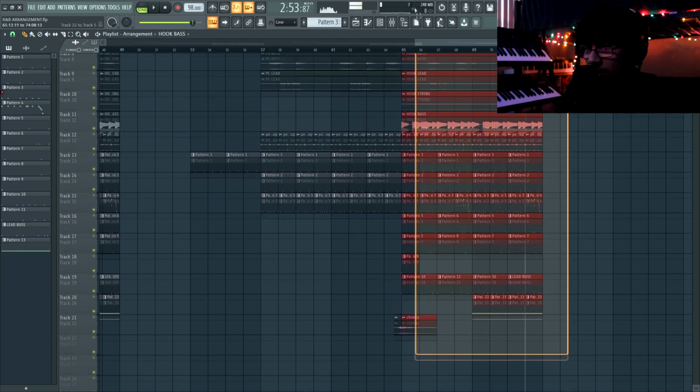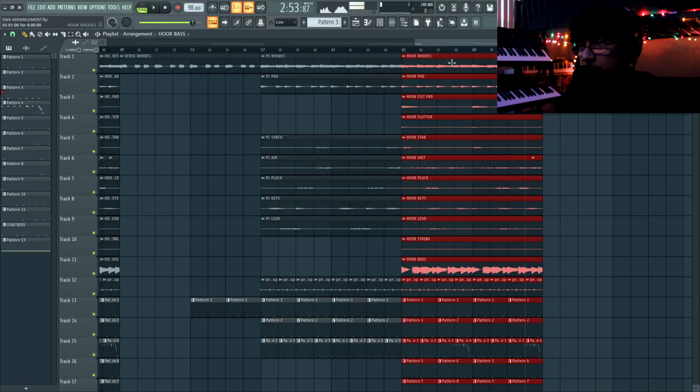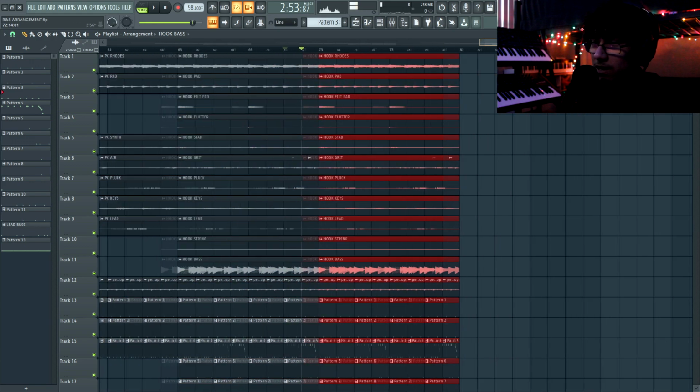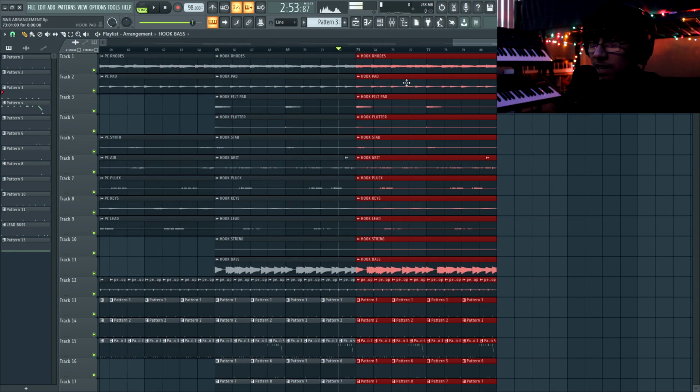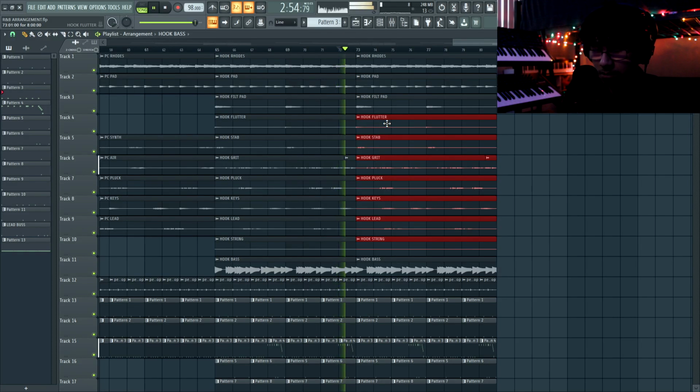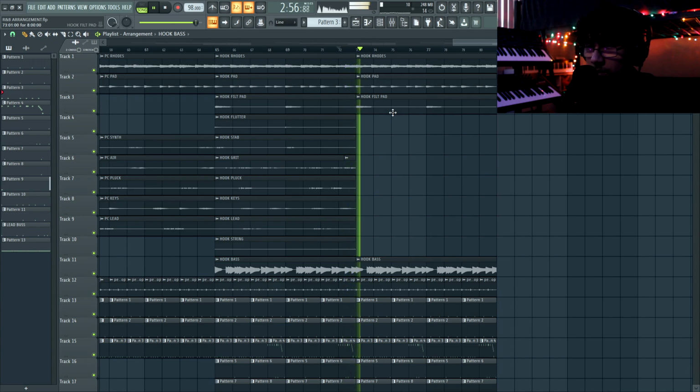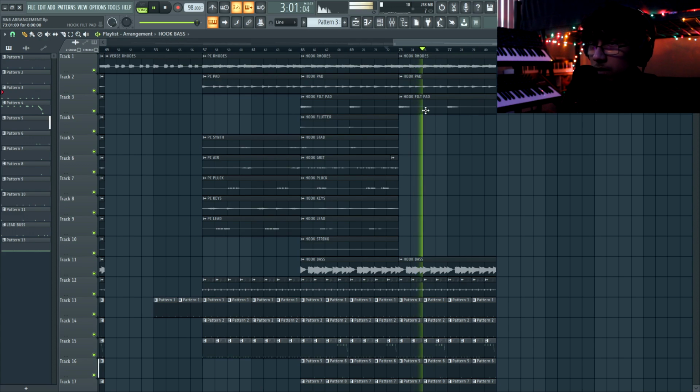So let's see. I'll take the hook, hit control and drag across, hit shift and drag it out. That will duplicate it. What I'm going to do is duplicate it again. This time I'm going to take out the melodies and just have the chord progression and the pads hit. I'm gonna make it more interesting, and I'm gonna take it from the pre-chorus chord progression, because I bet you